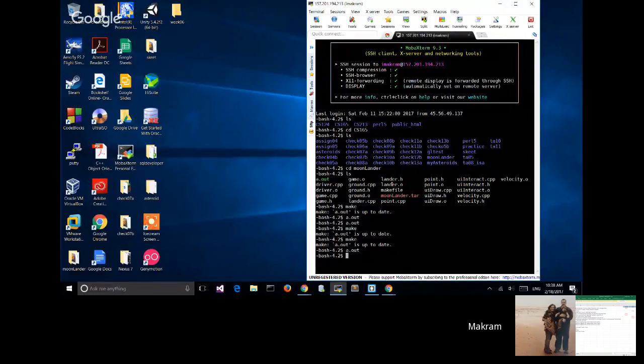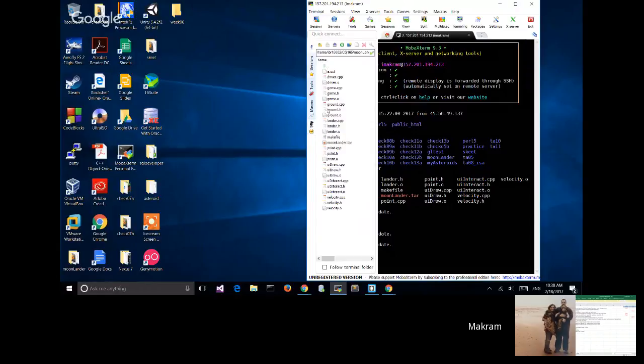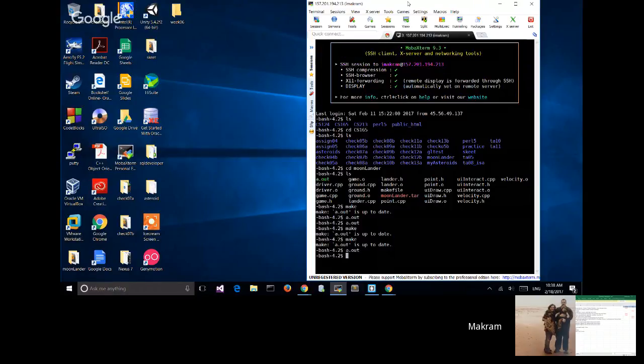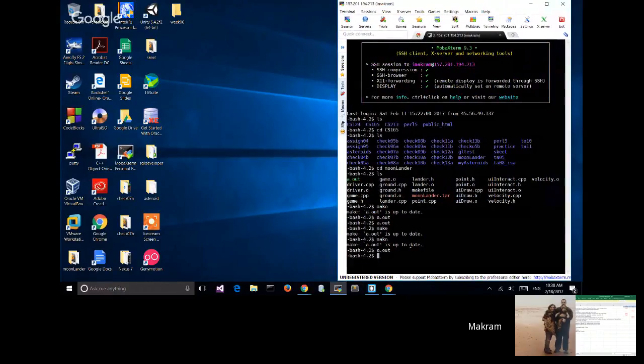Okay, perfect. I'm going to show you the list of CS165 assignments and all the things you need to do, but I have them organized. This is one of the games that we did, called Moonlander.